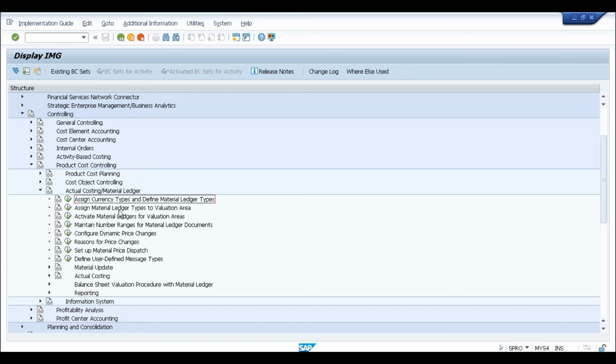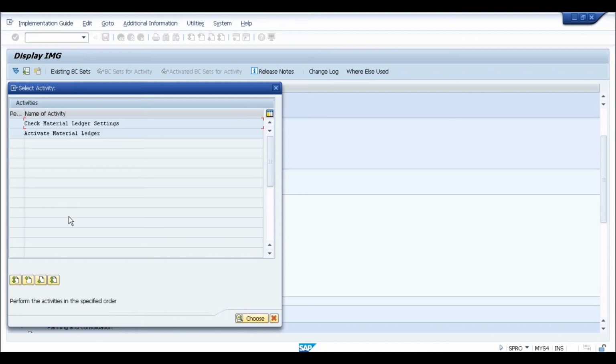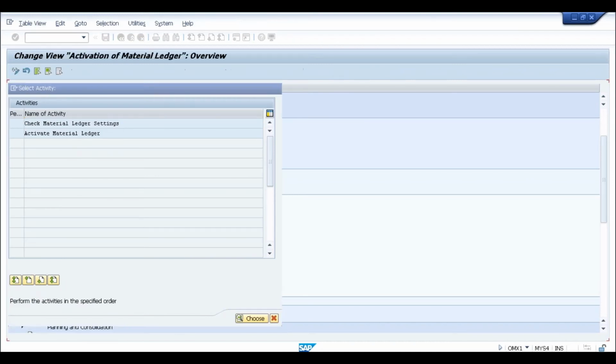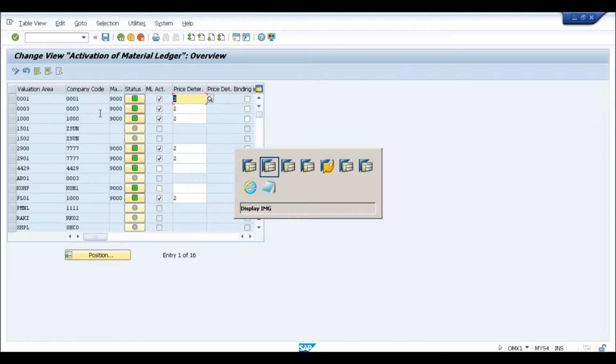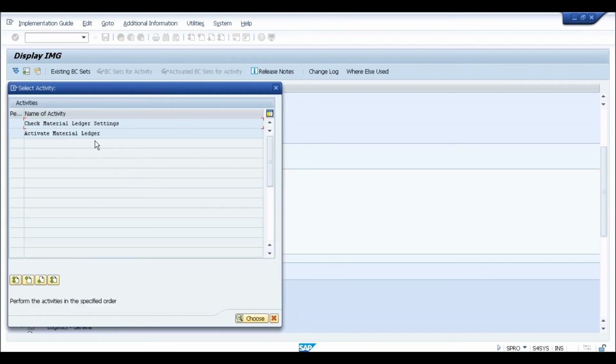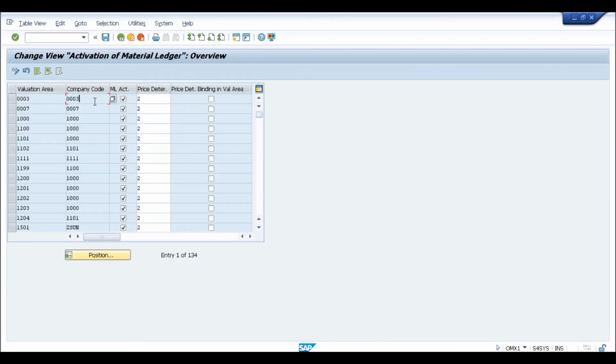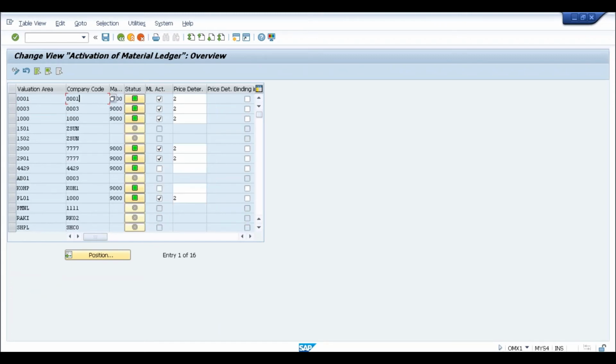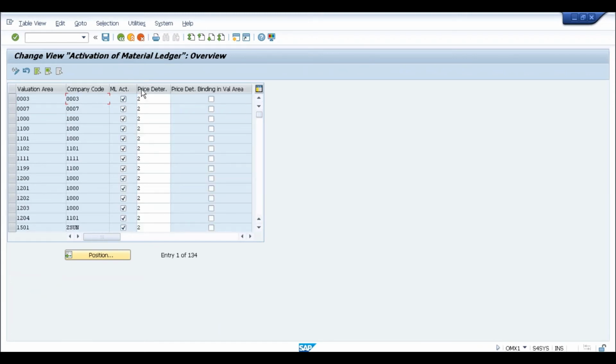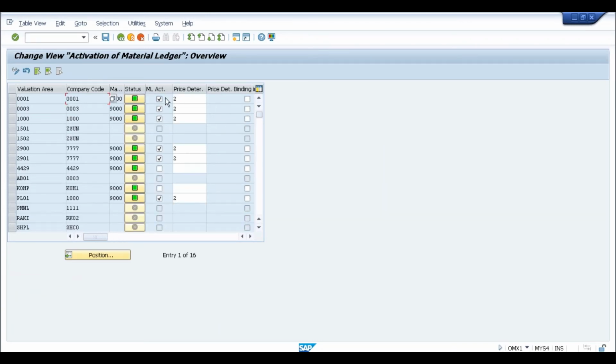What exactly are these? Even if I directly go to activate material ledger for valuation area, which is OMX1, see the difference here. If you compare these 2 screens, there is valuation area, company code, then whether it is active or not, price determination, and so on.